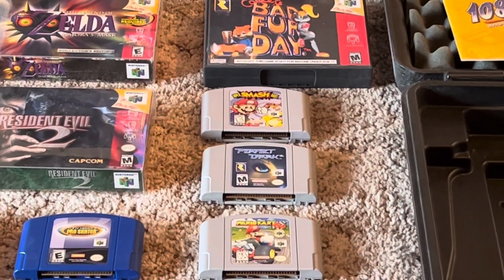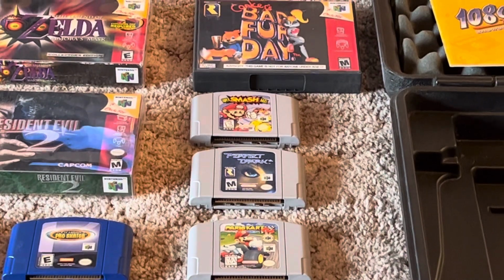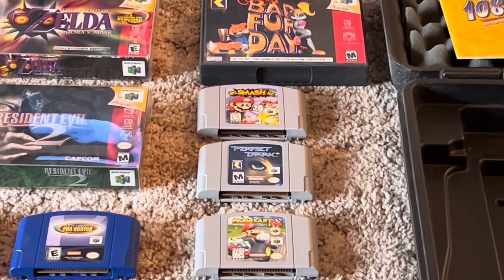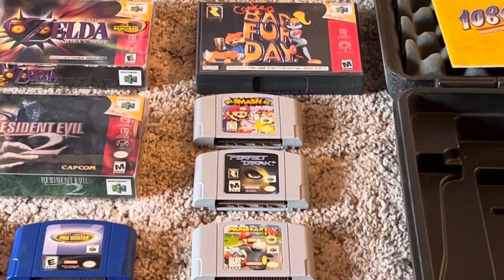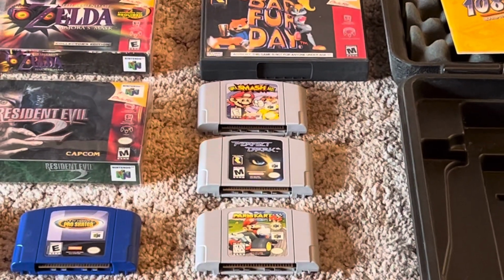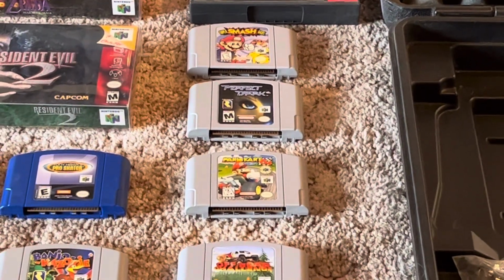Now, Perfect Dark is a great game. It's like an updated version of 007 GoldenEye, I would say. And it has kind of like a futuristic theme, aliens and things like that. So definitely another top game for the Nintendo 64. After that, I have